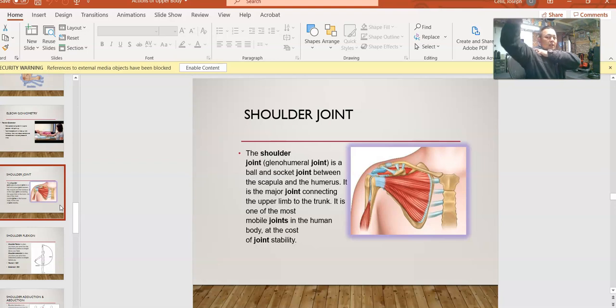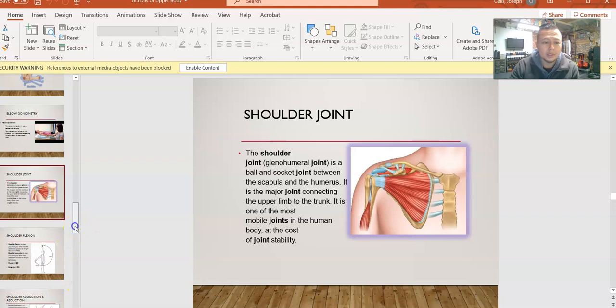Typically, if you go straight up in a shoulder press or a lat pulldown behind your head, you're wearing out that joint prematurely. So just be cognizant of that. Some of you might be thinking, what about Olympic lifts? In Olympic lifts, their arms are way behind their head, and their joints look really lax. But